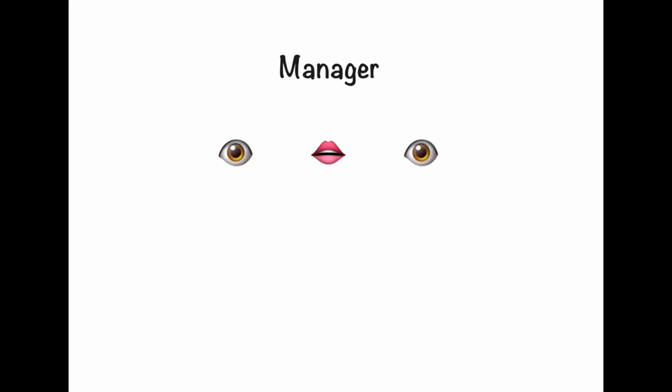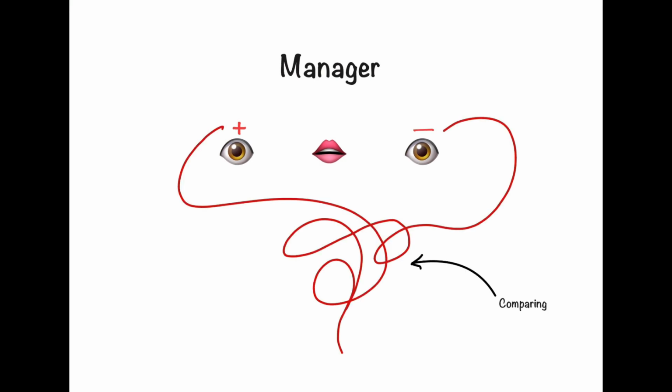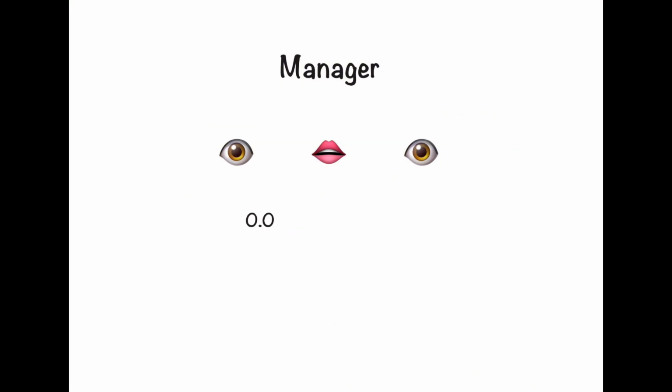Imagine a manager who has two eyes. One eye is called the non-inverting input, the plus sign. The other eye is the inverting input, the minus sign. His only job is to compare these two inputs. If he sees even a tiny difference between them, I mean something like